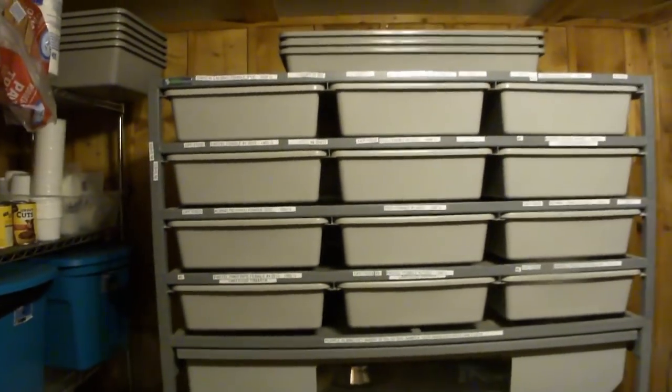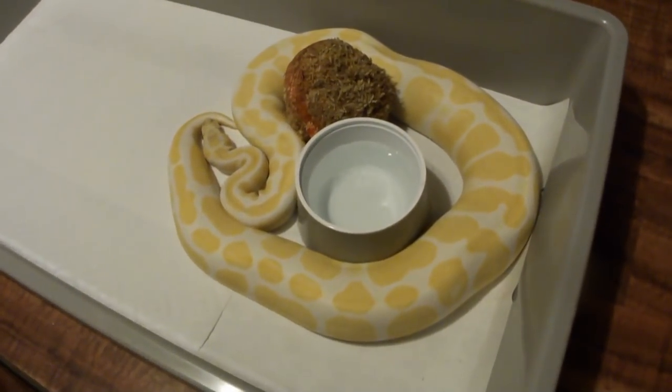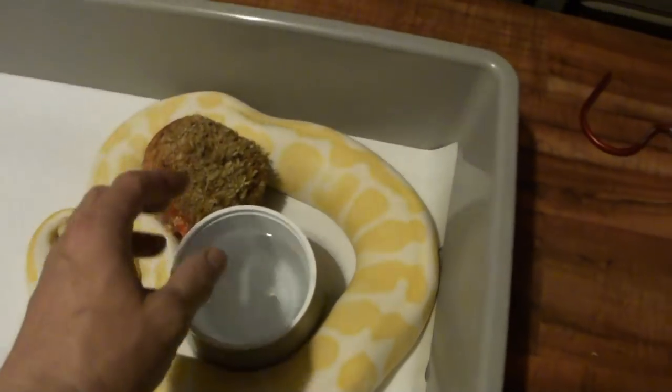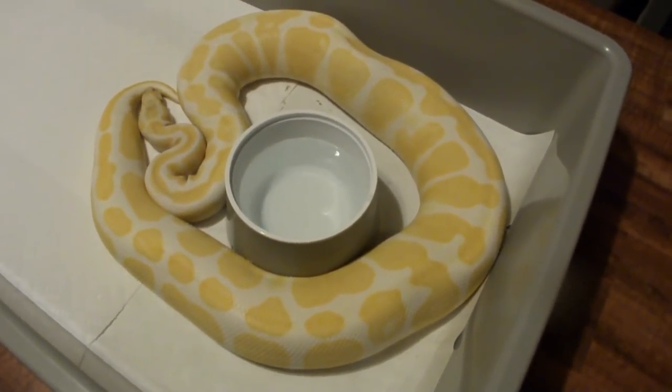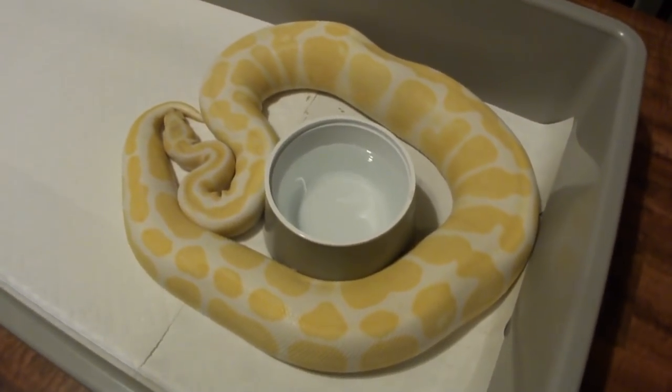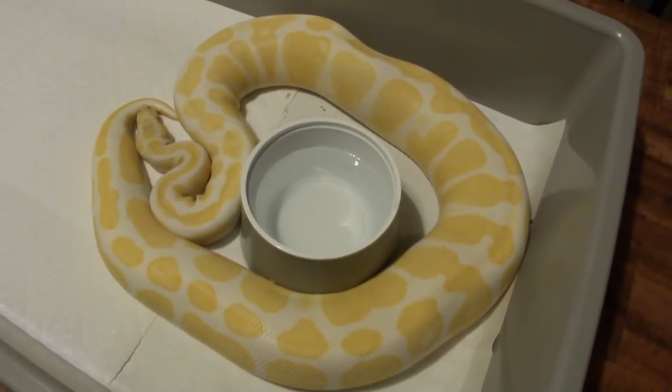Okay, so that pretty much finishes that rack. And we'll move over here to the ARS 7030 tubs, where I have some of my breeder females. So this ball python is just an albino. She's a female, and I believe she's really full of eggs. And I crossed her with my albino pied male, so all her babies should be het pied,